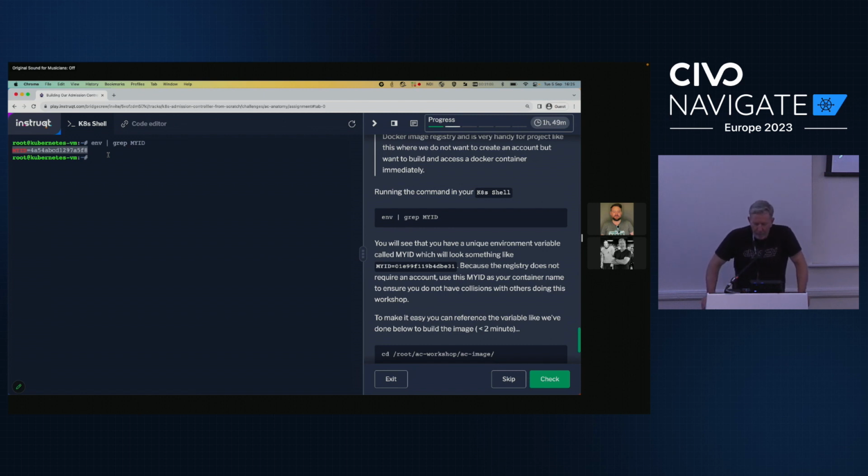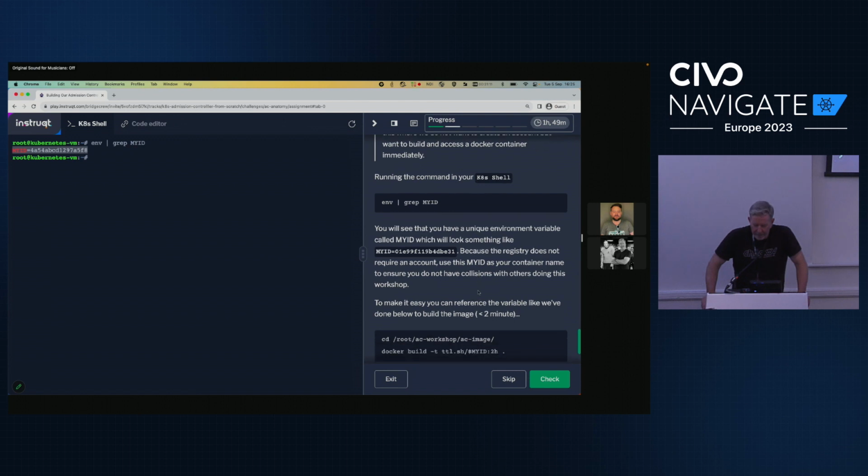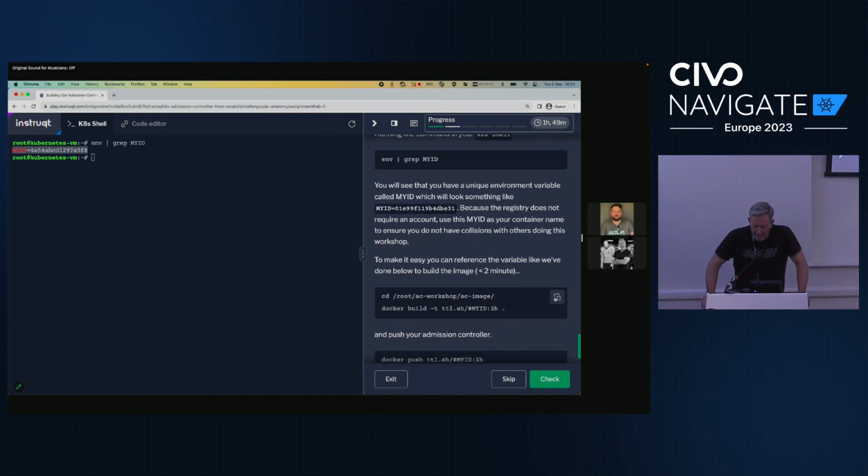All right, let's roll on down and build the container that we just did. I've got my cd there, which pushes you into the AC image directory, and we're going to build. Now, paste it, but don't hit enter. Because the myid has already been stored as an environment variable, I'm going to do a docker build -t ttl.sh, which means when we push, it's going to go to that ephemeral registry, and it's going to put myid for 2 hours. So this is going to be persistent for 2 hours in that registry. So if you hit enter,